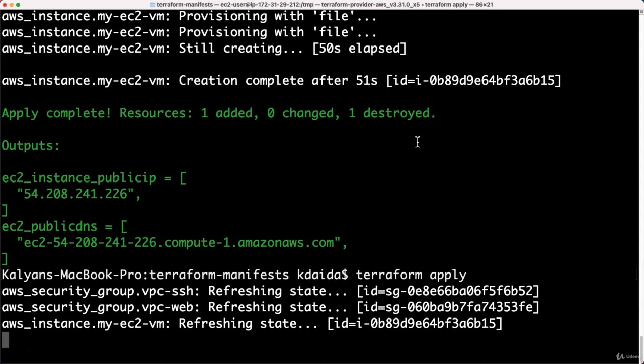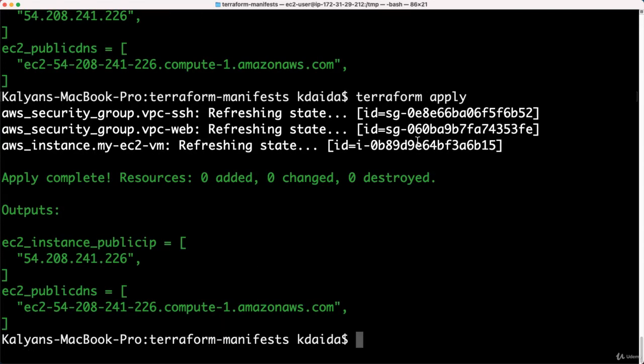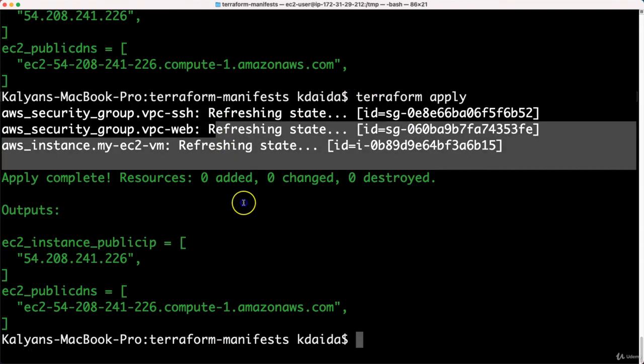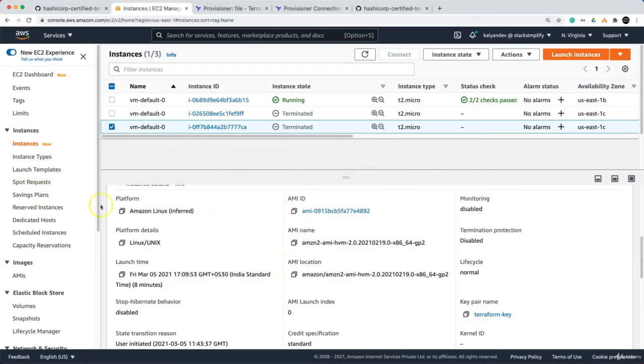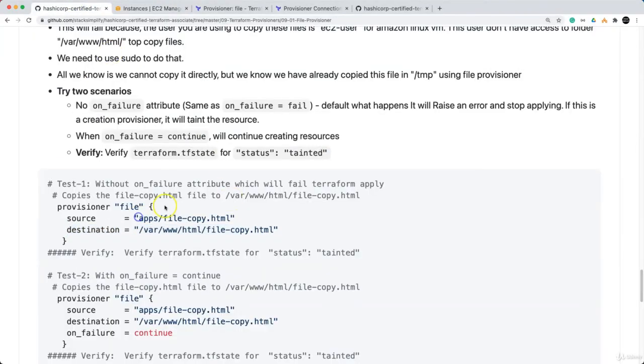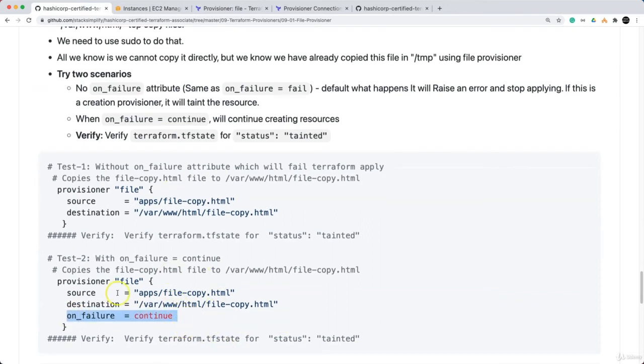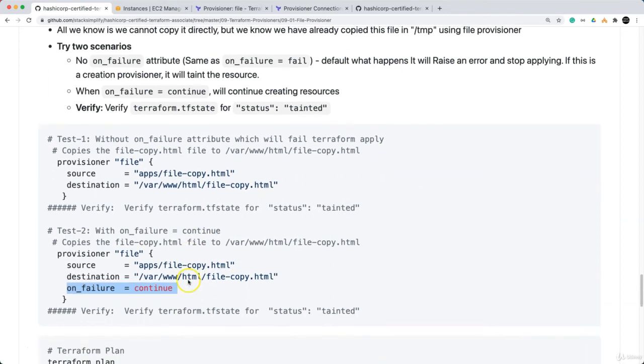So with that said, when you use on failure equal to continue, your respective resource will not get tainted. See, no other changes, and everything is good. So this is the behavior. When you use on failure equal to continue, your resource status will not be shown as tainted, and your things will get automatically created and be ready for you, except that failed